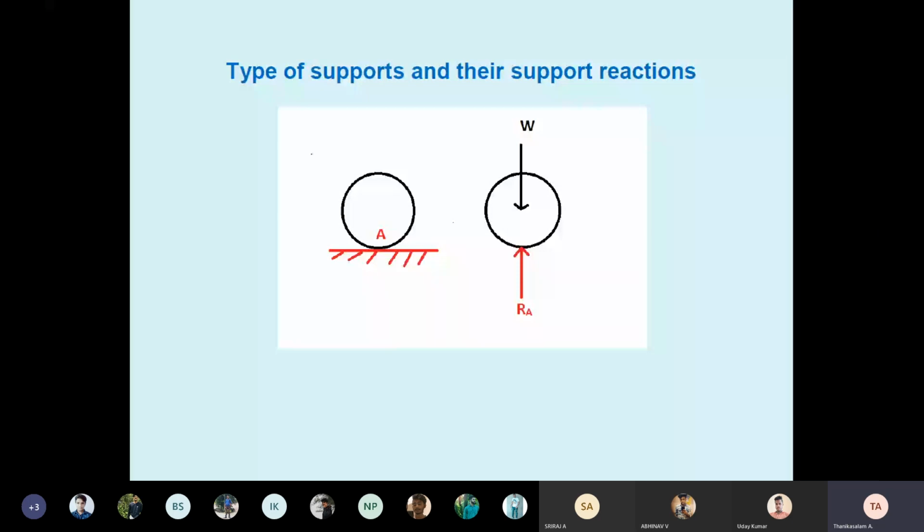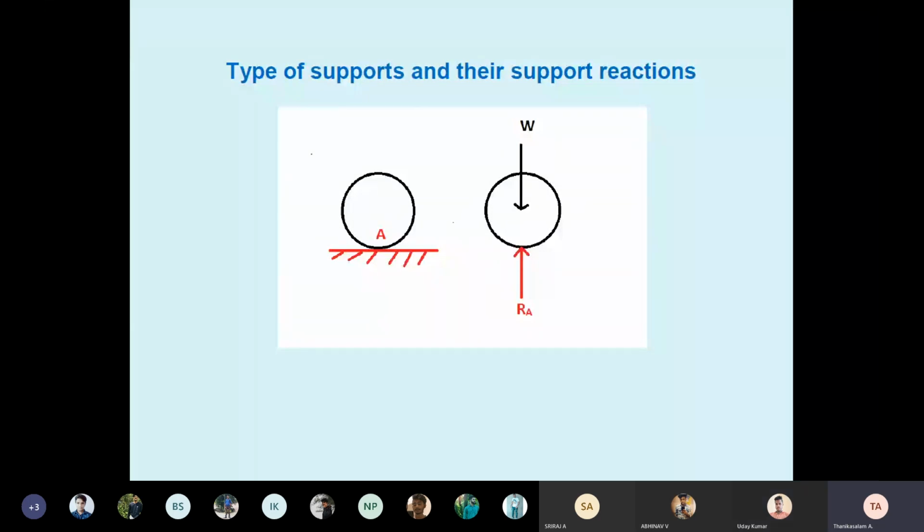So far, we have discussed only this type of support. Support means here the surface; see, the red color is a surface. The ball is a body, so the body is in contact with surfaces. Therefore, we have chosen A as the contact point. The body may be in contact with a quarter surface or a half surface, but the maximum reaction is happening at point A. So we have chosen reference point A, that is the reaction developing point.